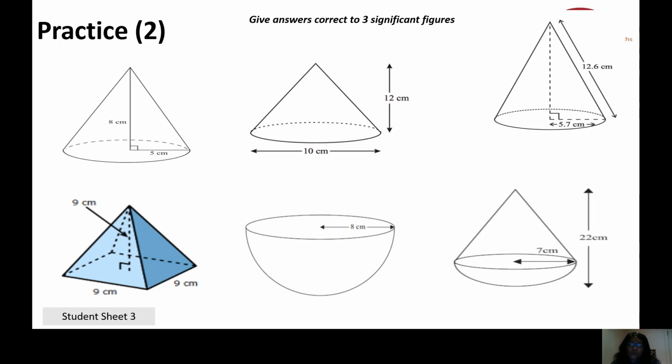Try as much as possible, especially the cone on the first row